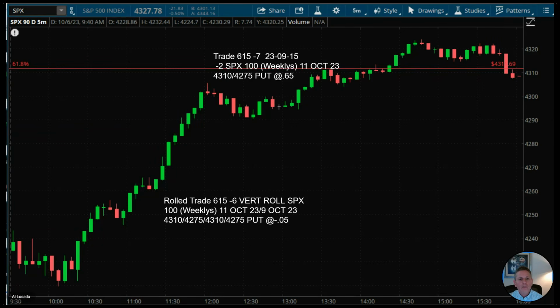Okay, and now we have the position here at 65 cents. So now we have a premium of $3.1 here. Okay. Now on October 10th, the 615 expired worthless, and that's what we got. So during that whole time, even with the market going pretty low, we were able to get a position